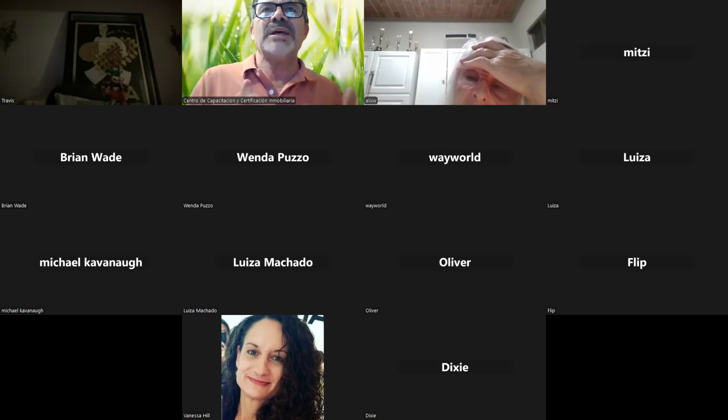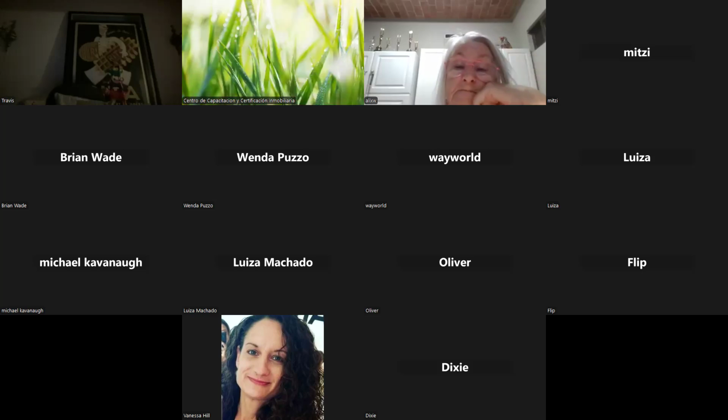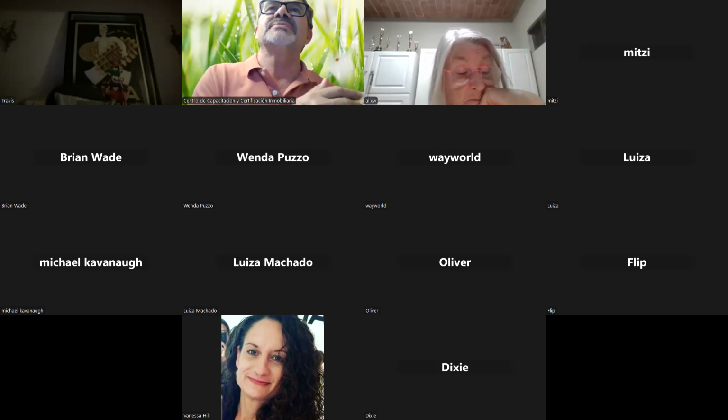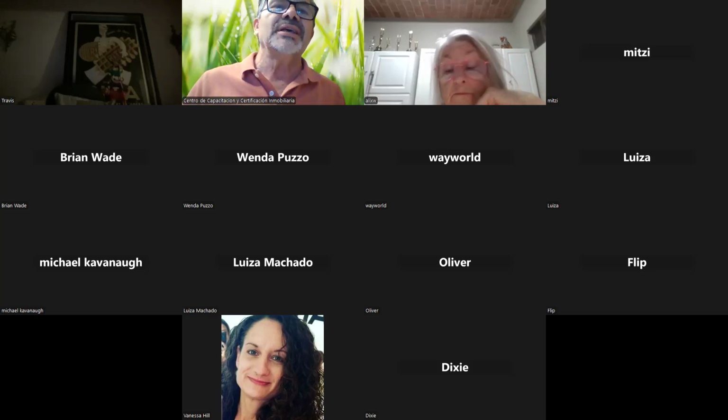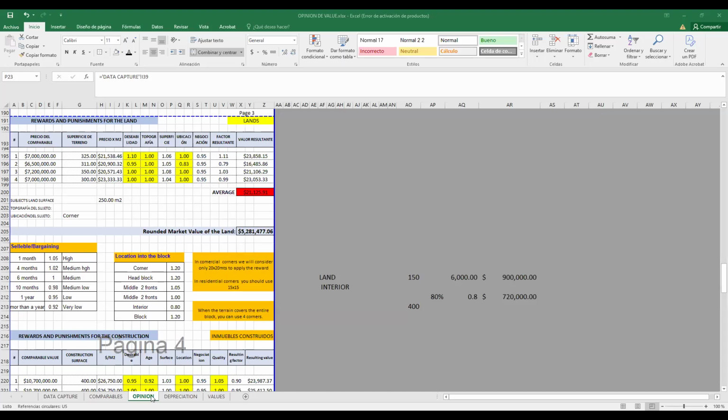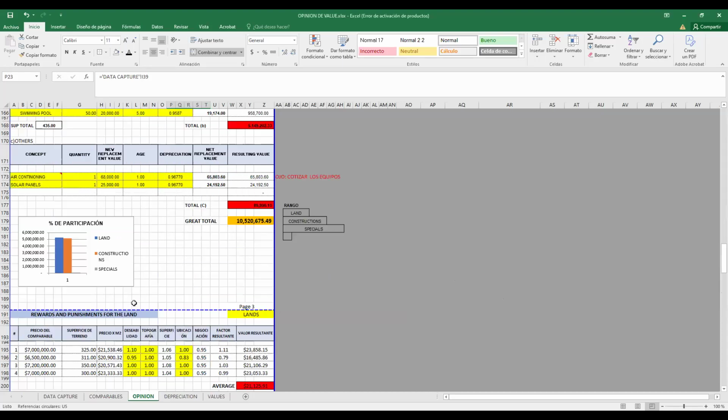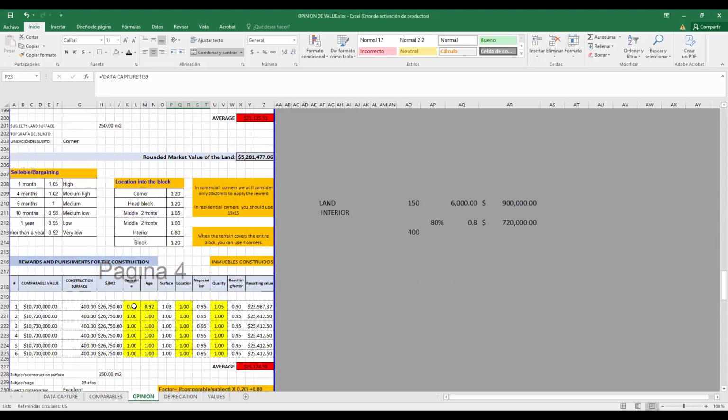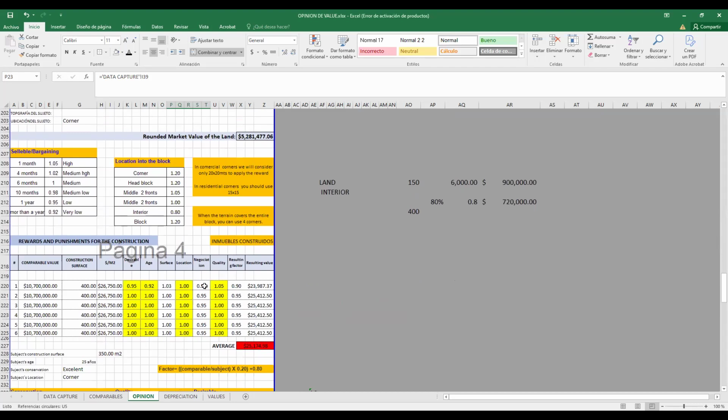If you have sold properties, it's better to use sold properties, but you might not get 6 of them. Don't mix sold properties with market properties, because they probably have some difference. But if you can use market properties, remember you can use the commercialization, the negotiation. Imagine that this one is sold. You're not going to use this negotiation because it's sold.